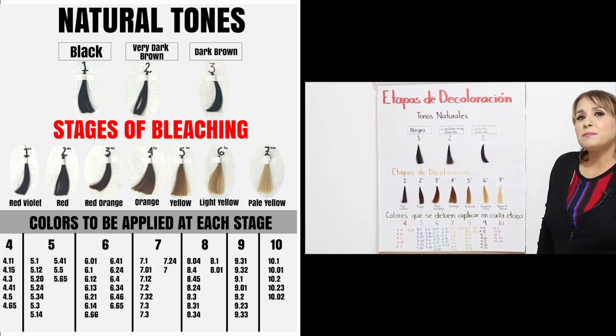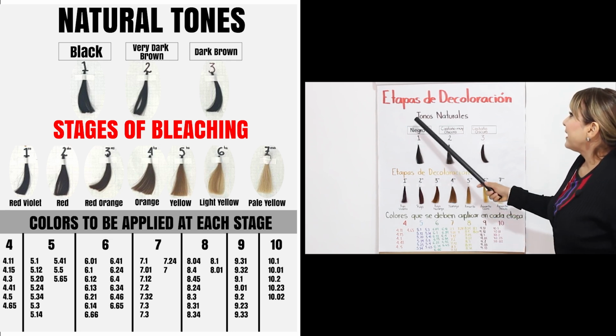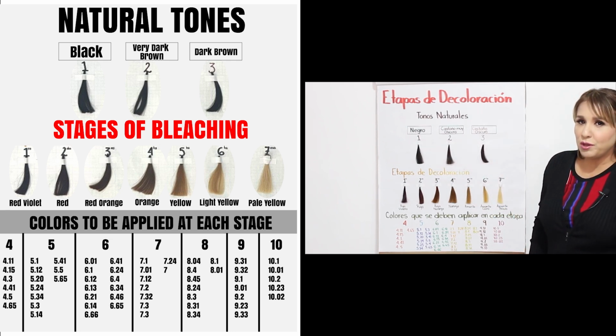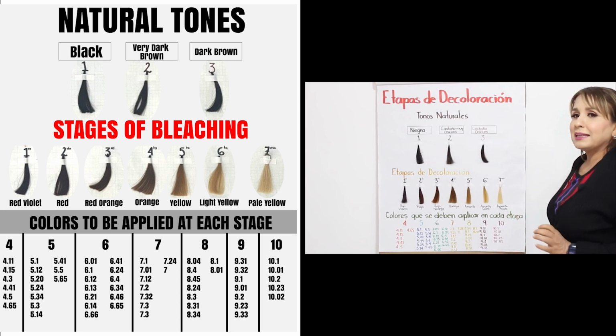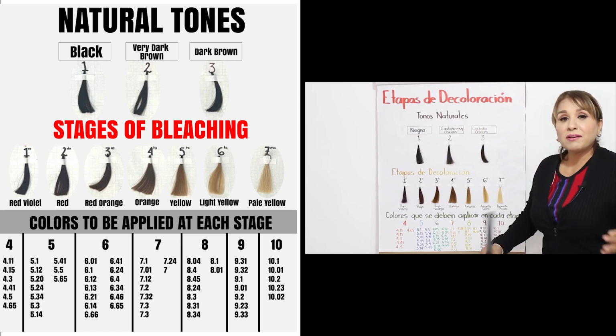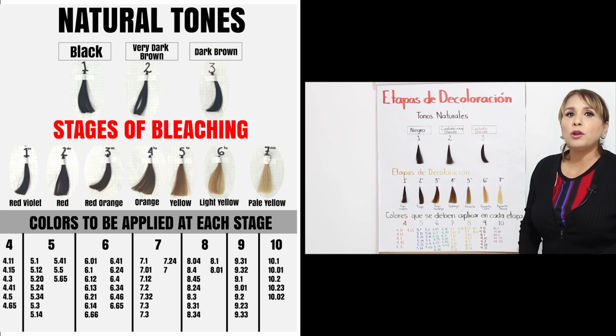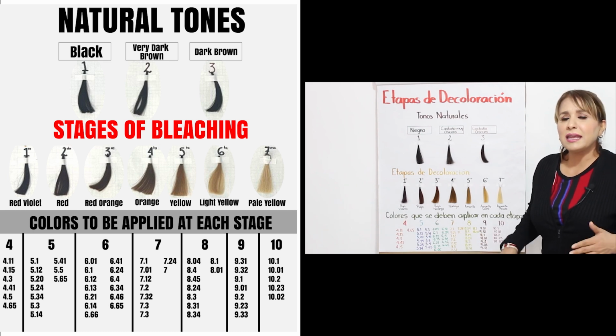Just stay with this video because I know you are going to like it a lot, because it is going to clarify a lot of doubts and it is the first of several, so that you can take the sequence and reaffirm your knowledge of colors. We have this table where I am going to explain to you through it how the stages of discoloration occur, which are very important. I recommend that you memorize this table because it will help you a lot and will make work in the classroom easier for you who are learning, or perhaps for many ladies who are at home and who want to understand a little more what